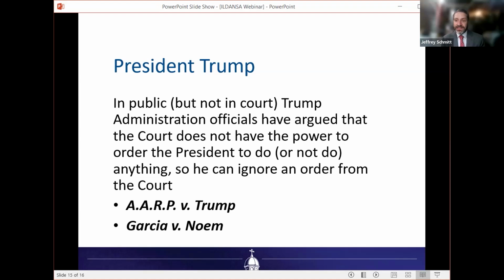And that's the way the system is designed. That's on purpose, because we don't want the court to be in charge of the president. We want checks and balances. So if the court and Congress agree that the president is wrong, they can step in and fix it. But that's just not going to work unless Congress agrees. And right now, Congress seems very closely aligned with the president. And so I hope that provides a little bit of insight into what's going on.